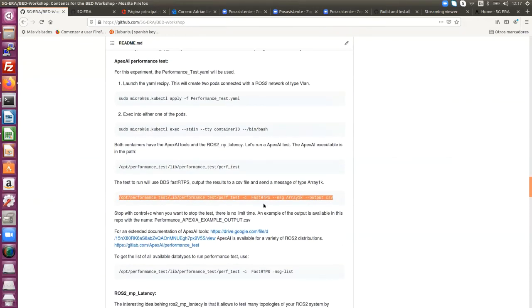What do we have here? We are running DDS technology, which is Fast RTPS. This is the Fast DDS technology that is used by default in ROS Foxy. And what we are doing is we will create a data type of array1k to be published. And also, we are going to output the result